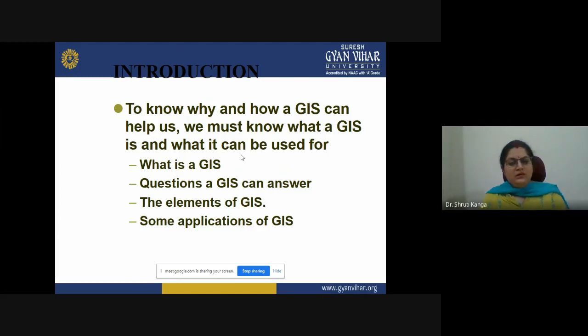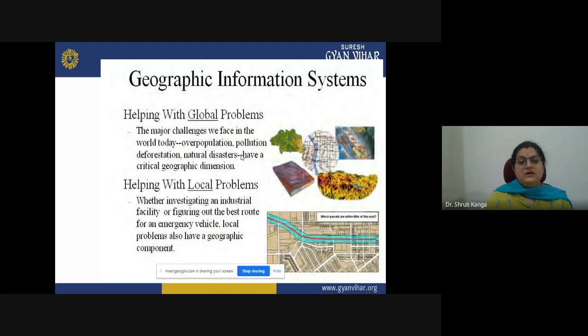Because it is able to give us answers to many questions, there are many elements of GIS, and application areas are also there in GIS. Okay, so it helps us in finding out various global problems, like the major challenges which we face: overpopulation, pollution, deforestation, natural resources degradation, and then the natural disasters, critical geographic dimensions.